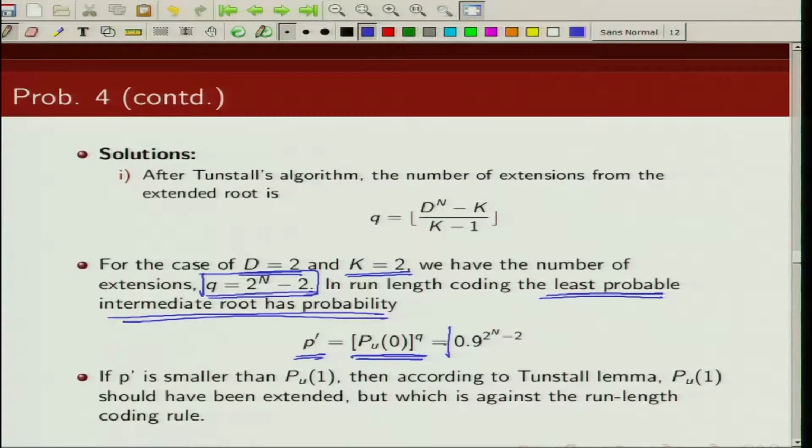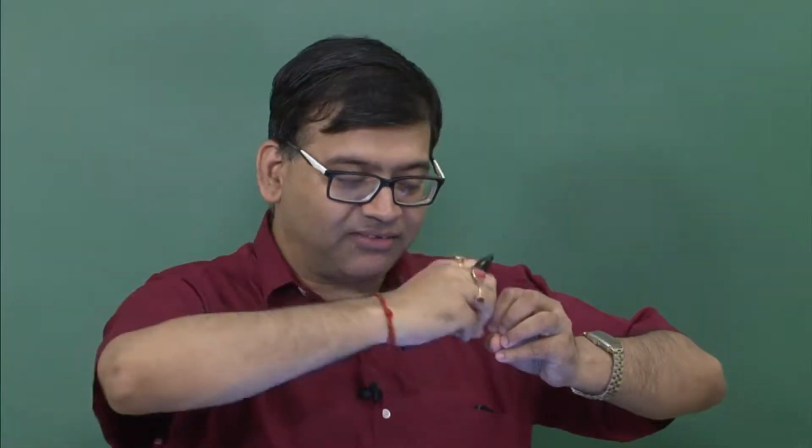So this probability is given by this. Now for it to be run length coding, every time we are having runs of n zeros. So this probability p dash,